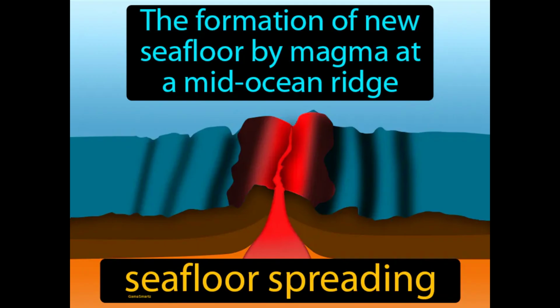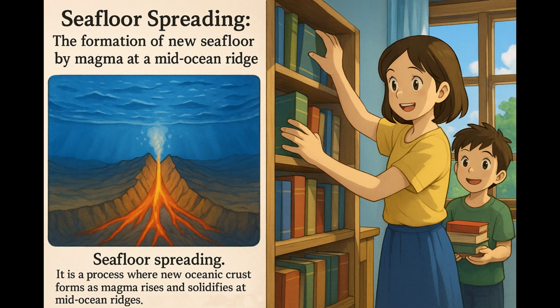The formation of new seafloor by magma at a mid-ocean ridge, seafloor spreading. It is a process where new oceanic crust forms as magma rises and solidifies at mid-ocean ridges, gradually pushing older crust apart. Imagine you're trying to fit a growing collection of books on a shelf that's already full. This is like seafloor spreading, where new seafloor is created by magma at a mid-ocean ridge, pushing the older seafloor